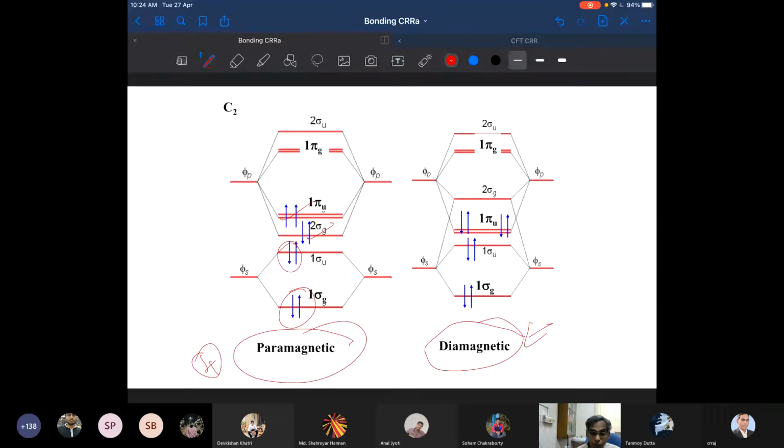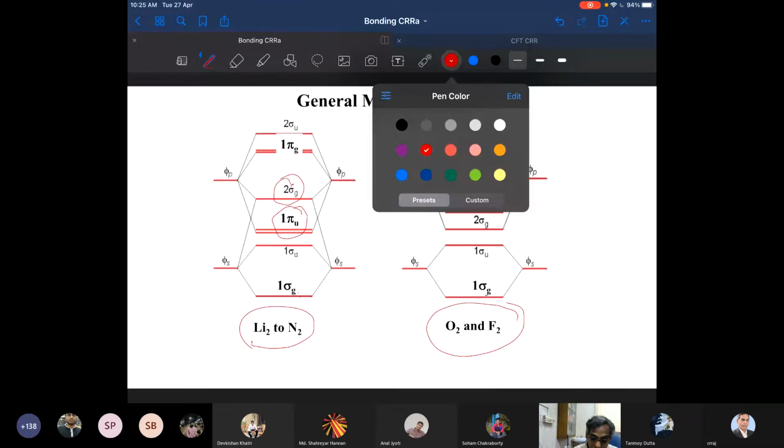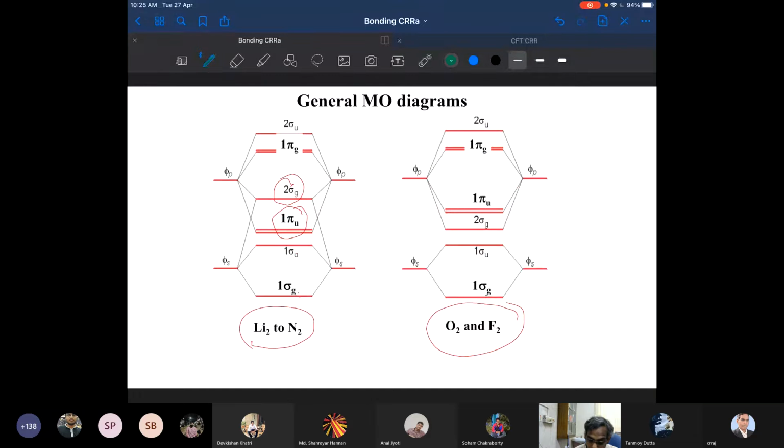It's not simply based on your theoretical filling of the electron. It is experimentally observed that it is diamagnetic. Now, I have given this general diagram, what for? That is so that you can remember lithium to nitrogen. You have a sigma g, sigma u, and then you have your pi u, and then your sigma g. On the other hand, in the case of your O2, oxygen and fluorine, what we have is your